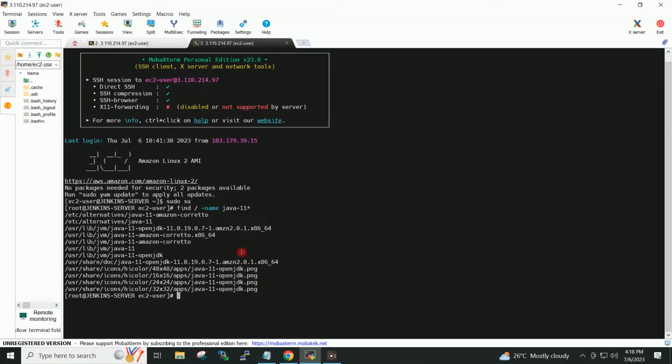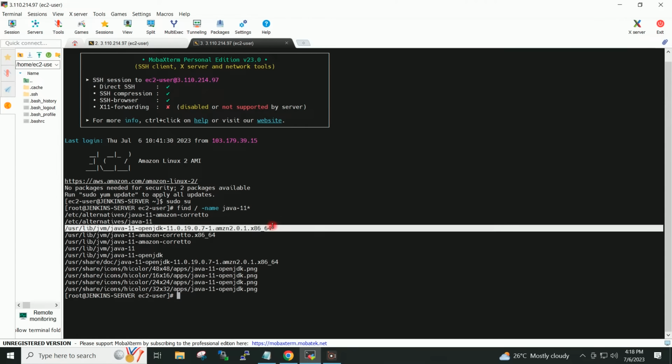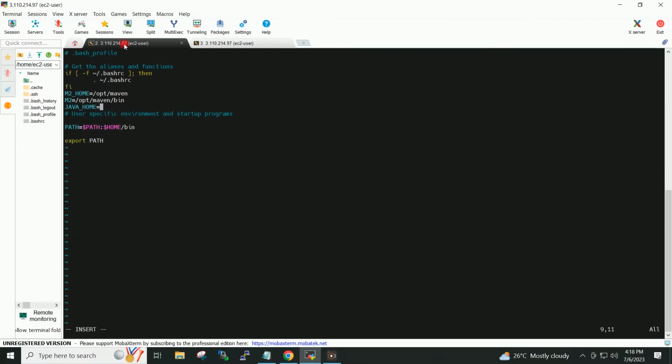So this is the path of the Java in our system. So I will copy this path and I will go back to .bash_profile file and I will paste the path here, /usr/lib/jvm and java 11,